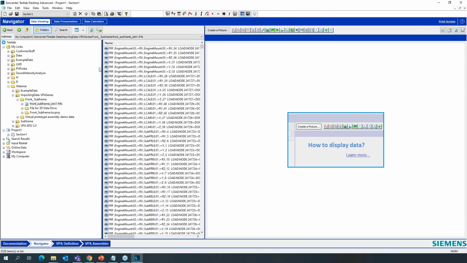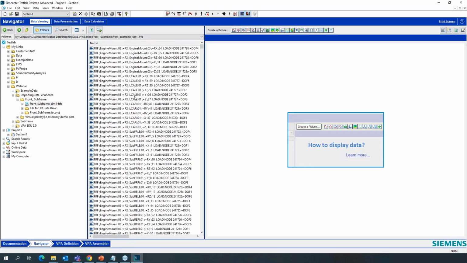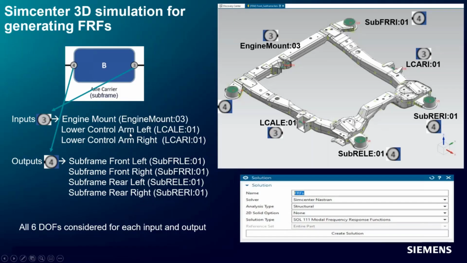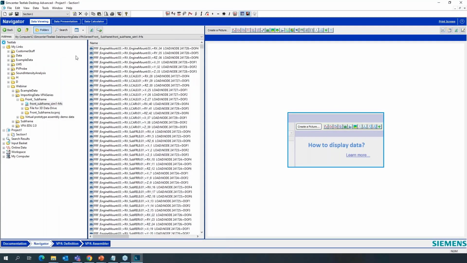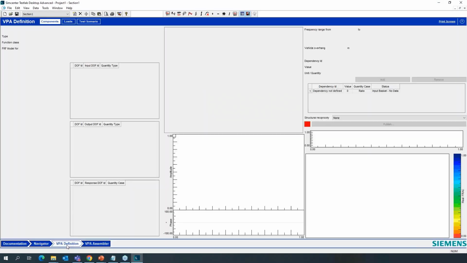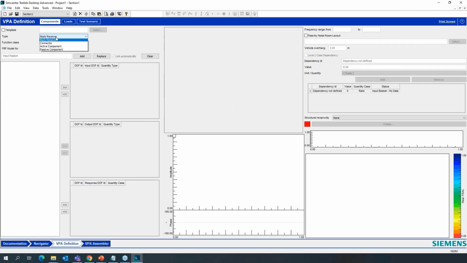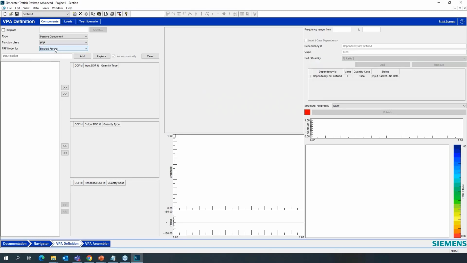And we use this point mapping to name the points using this convention. For each of the node numbers, we mapped it to a corresponding point that we can fully relate. And I'm going to put this in the input basket. Then I go to this VPA definition tab, and I will say this is a passive component, and I'm going to replace the data.